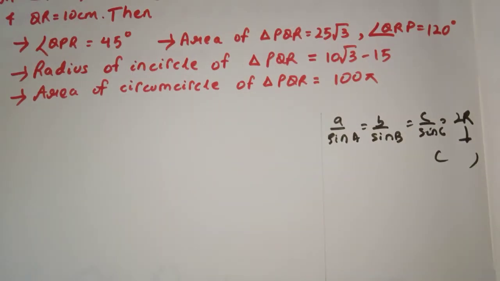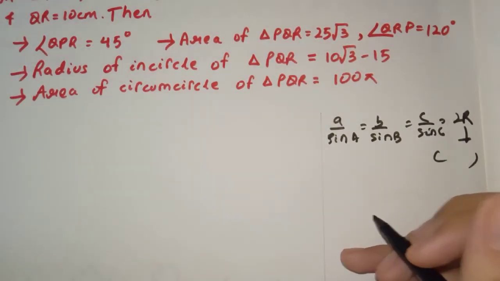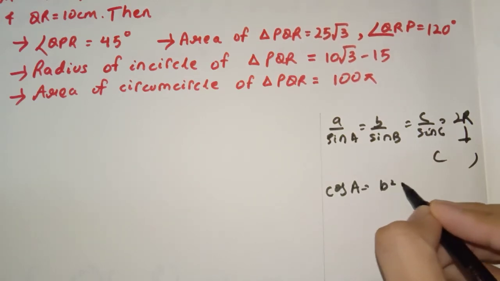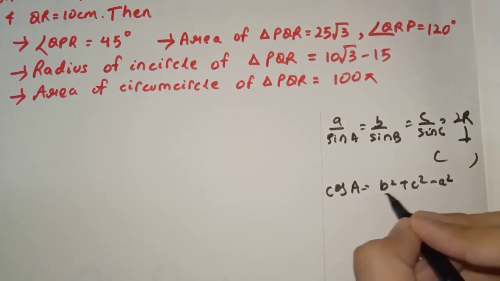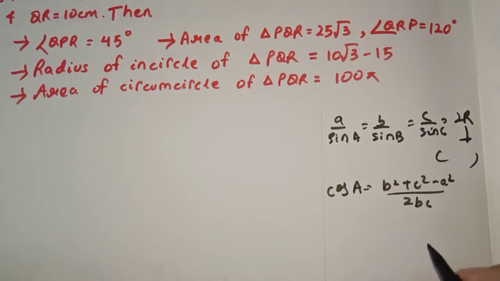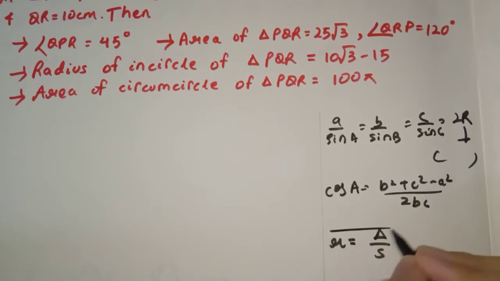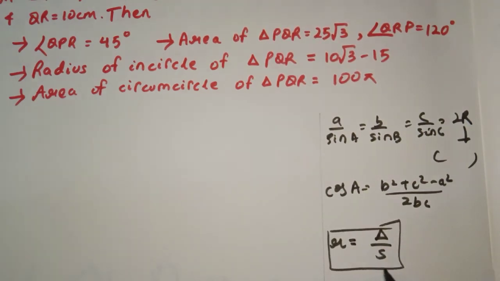And one more. Now cosine formula, that's very familiar to you. Let me write it. Cos A is equal to b square plus c square minus a square by 2bc. Now small r, there are multiple formulas for small r, but the parent formula from which all the formulas are derived is delta by s. Delta is the area of triangle and s is the semi perimeter. This is the main formula. From this formula you can derive many other formulas for small r. This much is enough for most of the questions.